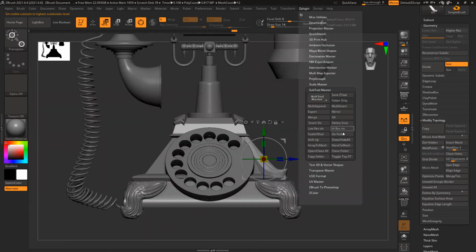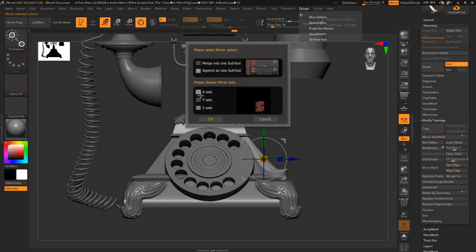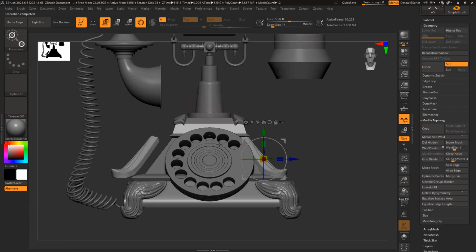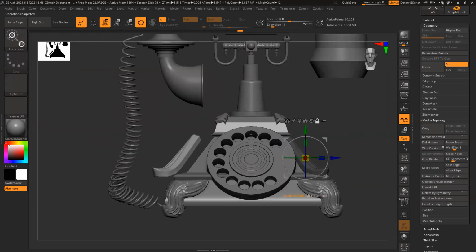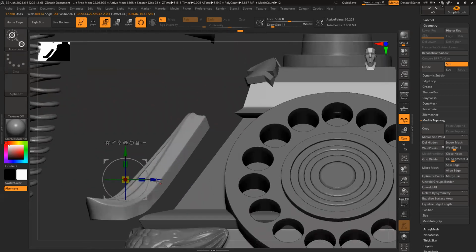Now I'll go to mirror, X mirror, same tool, mirror. So you can see, because it's reading the entire model symmetry, that's why it's creating like this. No worries. Symmetry this.